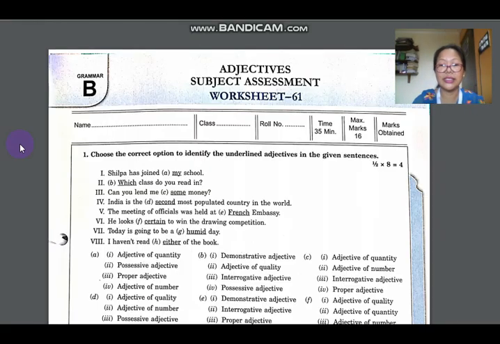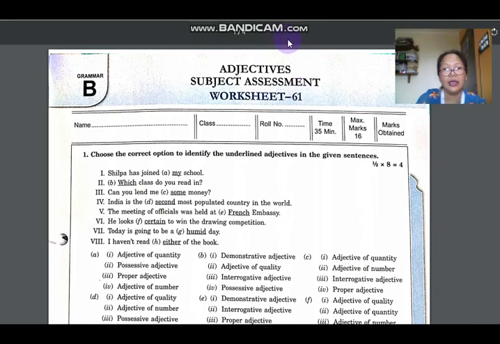Welcome back, students. This is the page of your Me and Mine worksheet. This is worksheet number 61. I hope all of you have taken out your worksheets. Let us solve this worksheet 61. It is based on lesson numbers 4 and 5 from your grammar textbook, adjectives and degree of comparison. The last lesson we did was lesson number 5. Okay, let us solve this worksheet.